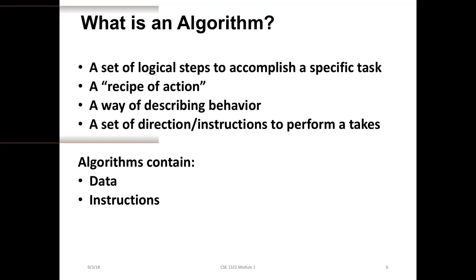So all algorithms contain two things: some input data and some instructions. Recall that when I asked you to add two numbers, 125 and 25, I gave you two data. Those are numbers, data. And you added some instructions in order to get the sum: the plus sign and the equal sign.